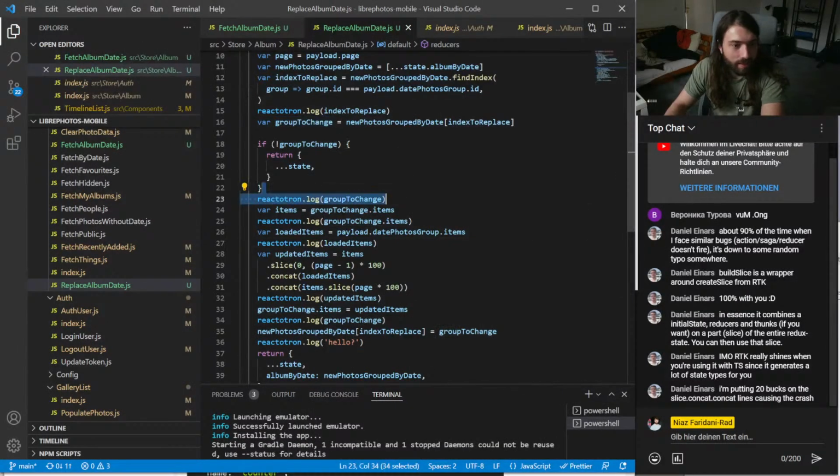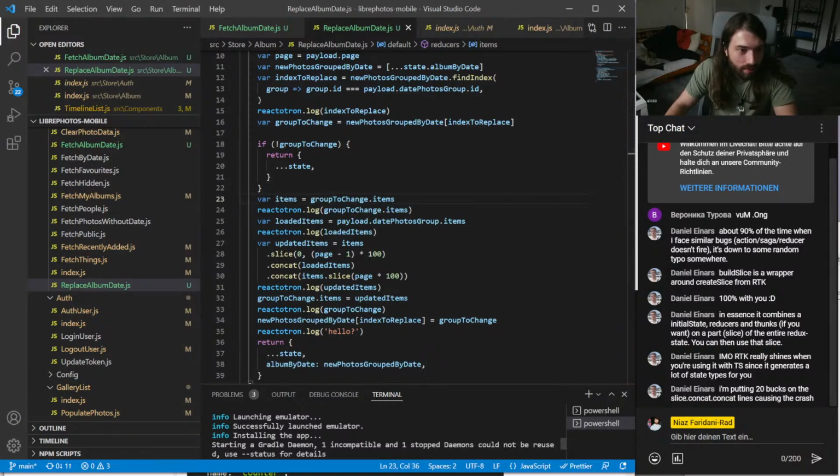So I think I can remove that. Group items to change. So we have items, right? And these are the usual items. So we slice them from 0 to page -1 times 100. Right. So if we're on page 1, then we slice from 0 to 0.